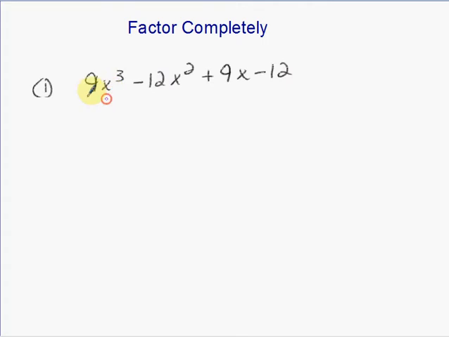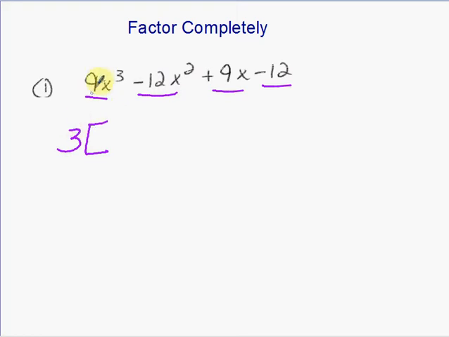So I look at each term and I decide what I can divide them all by. And I see that I can divide by a 3. Not all 4 terms have an x, so I leave the x out of this, and only 3 is the greatest common factor. So what I'm going to do from here is start with a bracket. A bracket's the same thing as a parenthesis,